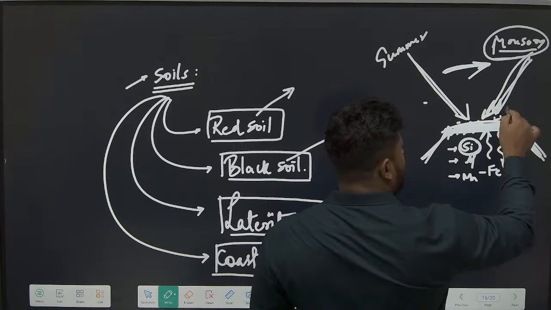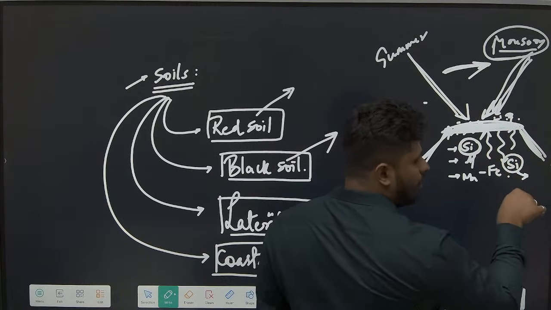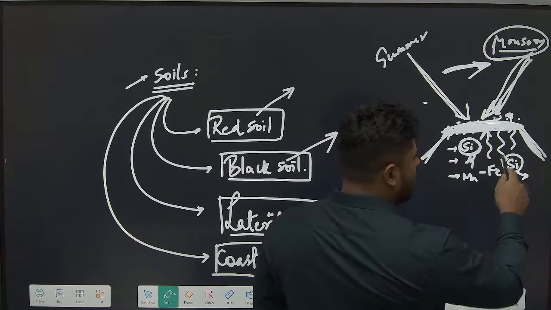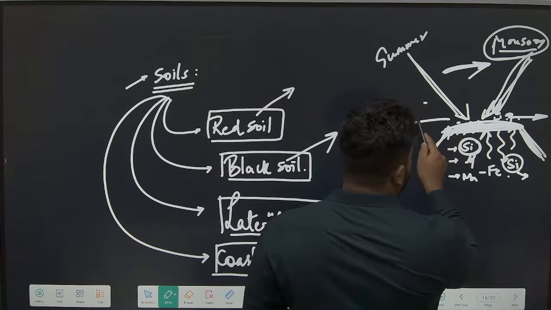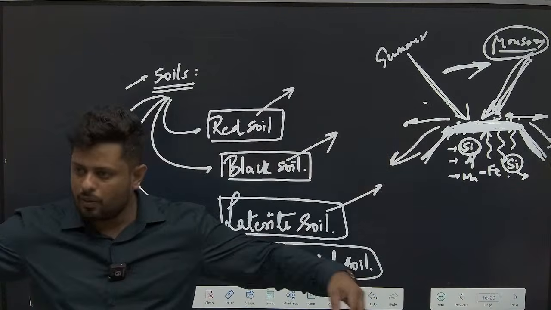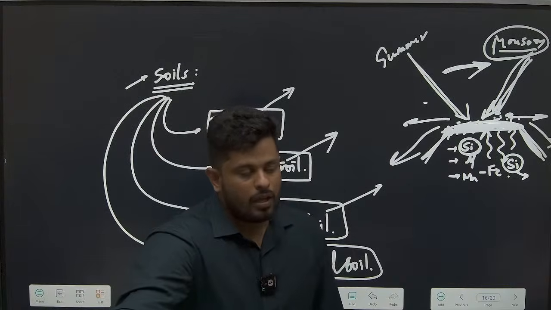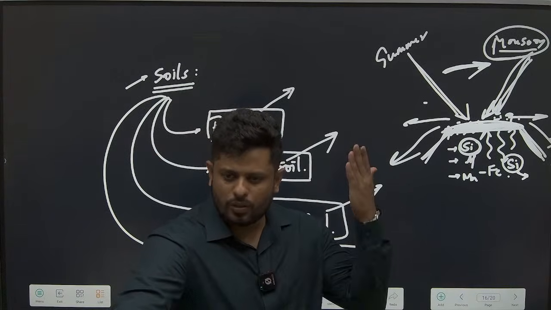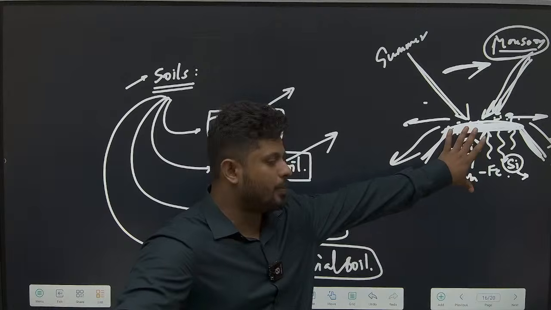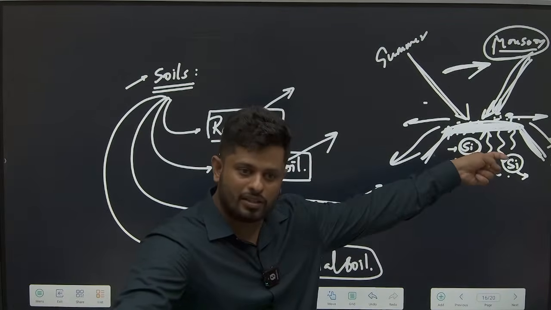When there is an abundant amount of water poured on it, this silica will not be able to percolate inside, but it will move out laterally. Laterally it is thrown out. Laterally, that is, sideways. Sideways the silica will be thrown away. And if this process happens through millions of years, can I say this soil will be deprived of silica? And all the other minerals will become very enriched.